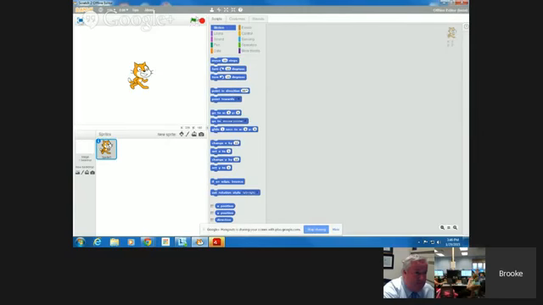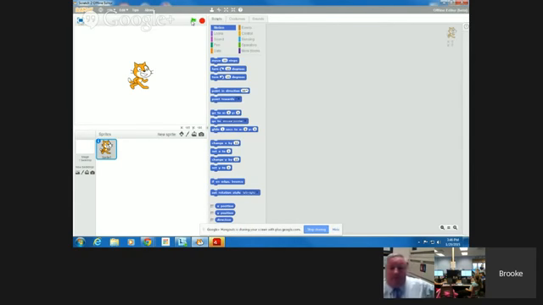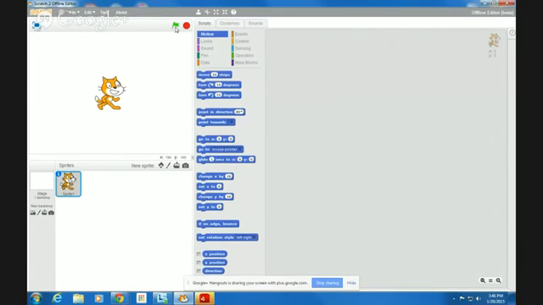Can you guys find the little green flag up at the top for me? Yes. All right, if you take your mouse and hover over the green flag, you're going to see him change colors, okay? You guys see how that happens? Yes. Okay, think of it like a race. When you click the green flag, that's when your programming is going to start. But we don't have anything programmed, so there's not going to be any action yet, okay?